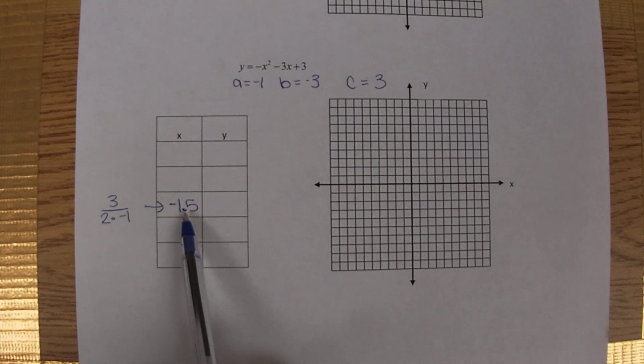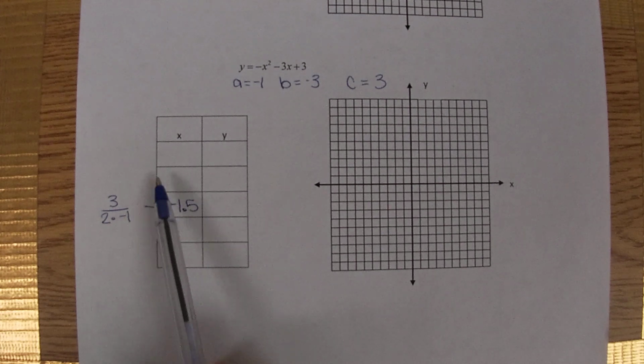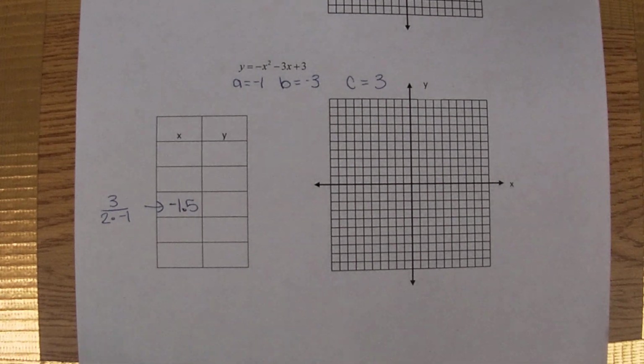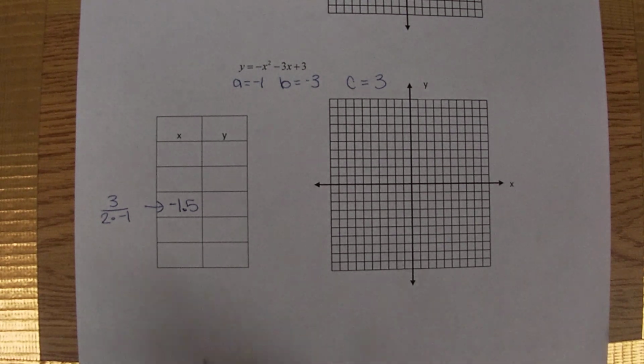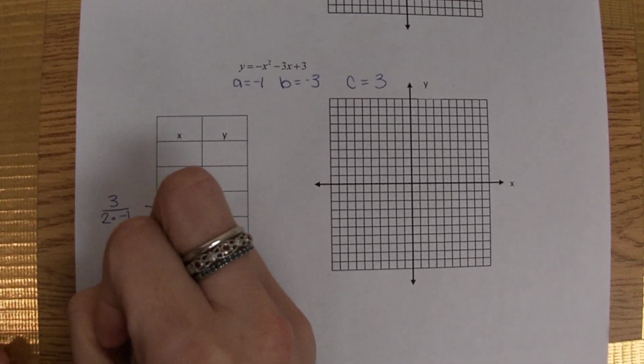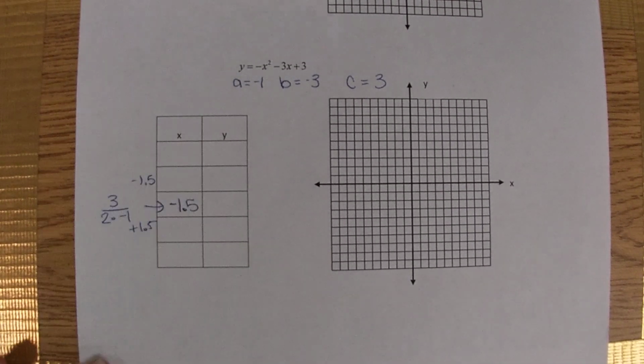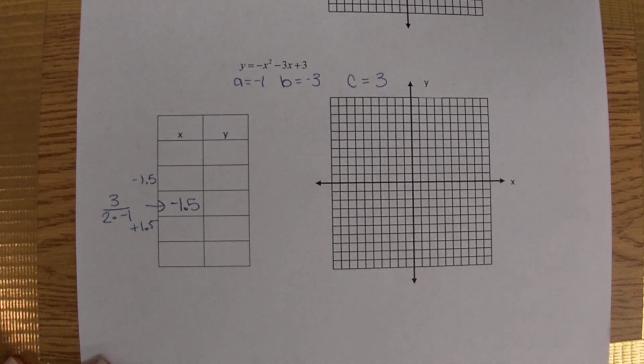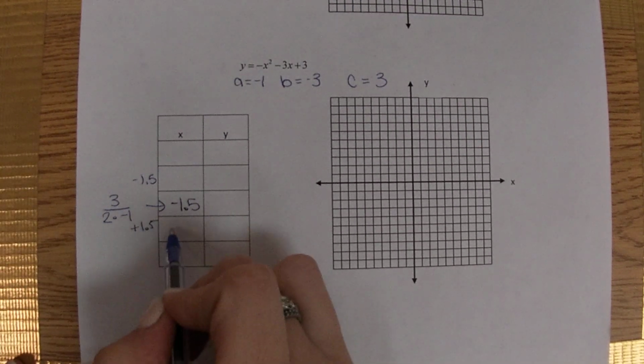Okay, so we could choose to add and subtract 0.5. I tend to think that makes it a little bit too close together on the graph. There would be nothing wrong if you did that. I just think it's a little bit more difficult to see it on the graph. Okay, so maybe what might be easy, that would give us a little bit more space, is that we could add 1.5 and subtract 1.5. So again, if you need help doing that, right, when we're adding 1.5